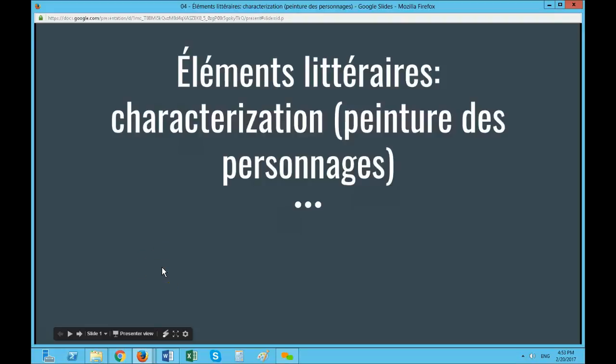So, just before the break, today's literary element that we're going to be taking a look at is characterization, which I learned is apparently peinture des personnages in French. And so, to recognize that everybody reads at a different speed, what we're going to do before the break is assign 8 minutes or so for you to read and then 10 minutes for a break. So if we could see everybody back here at